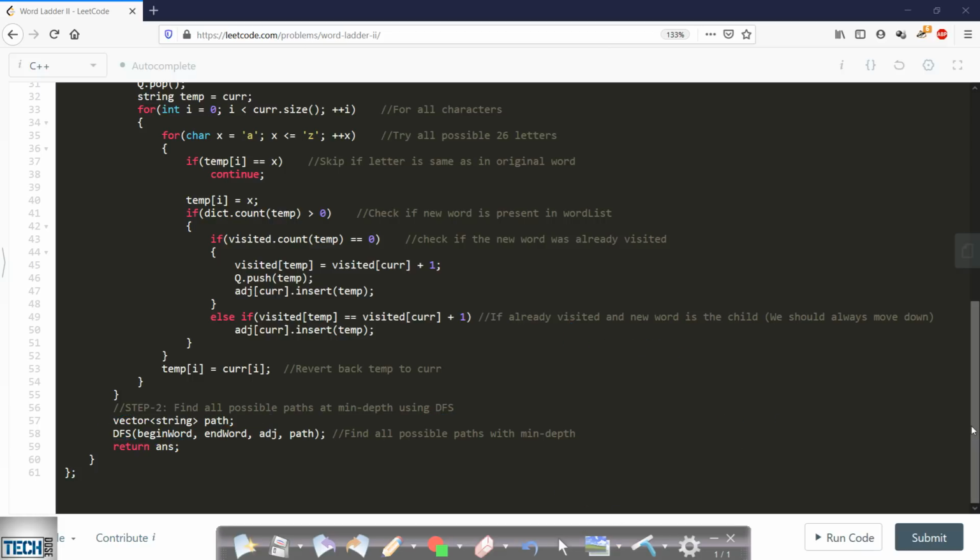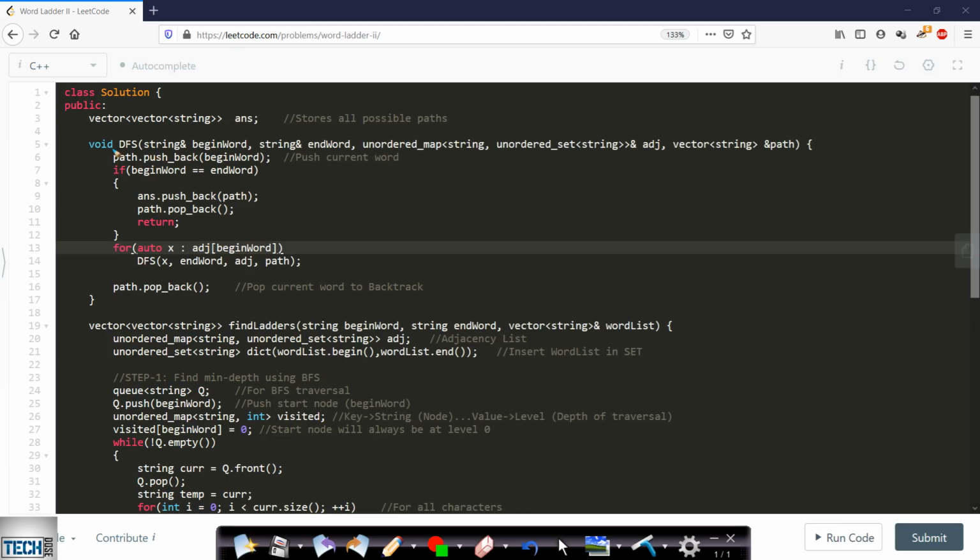So let us see how the DFS is performed. This is the DFS call which we will be making here. In this case, if we are given a source and a destination, then we are basically performing all possible transitions from source to destination by exploring all possible paths. So we will push the begin word, which is the current word, into the path.